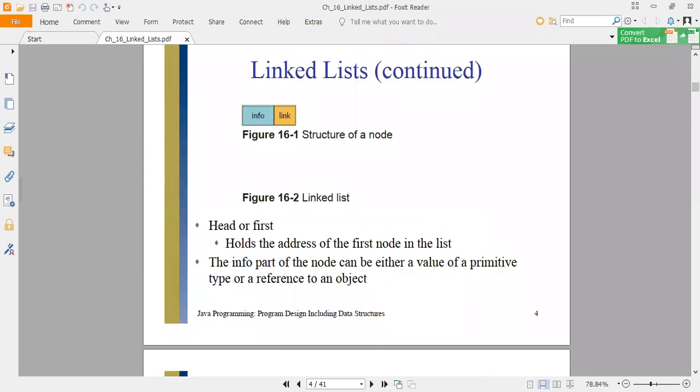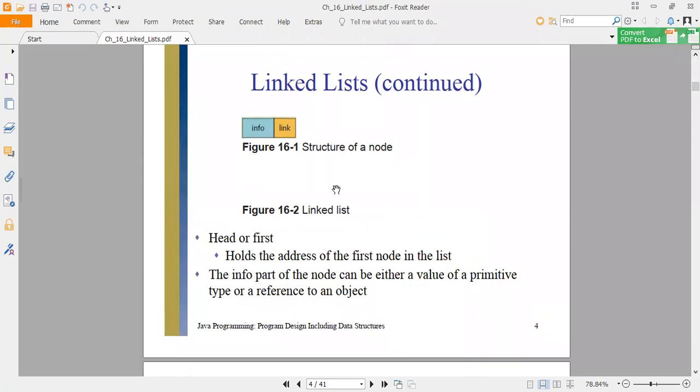So you can look over here. We have the structure of a node as info and the link. So the head or the first node, or we can say the start node, holds the address of the first node. So when we are initiating our linked list, it has a start pointer or a head pointer.